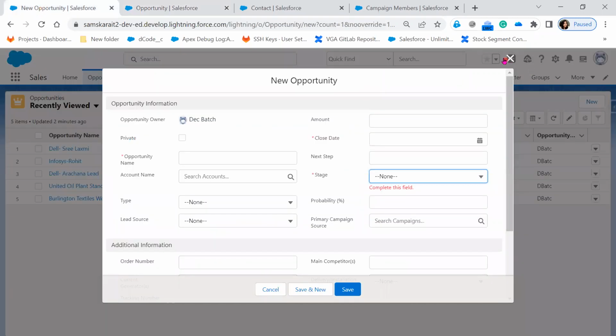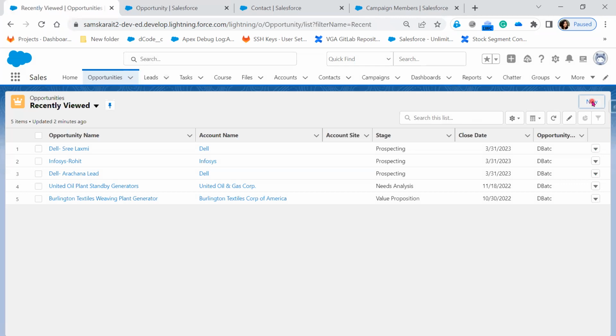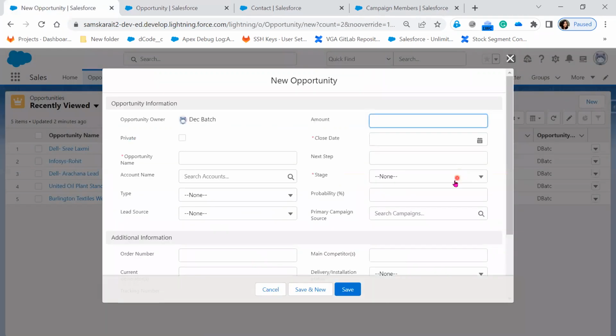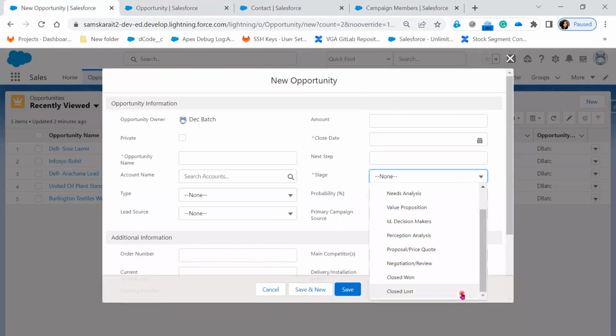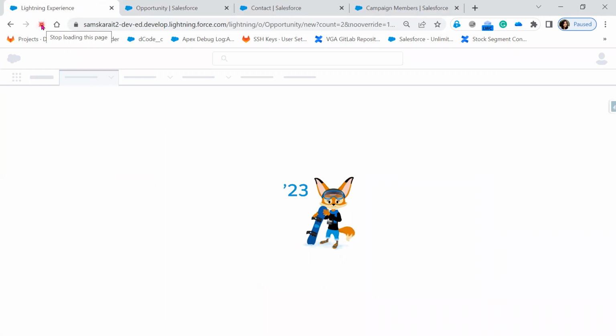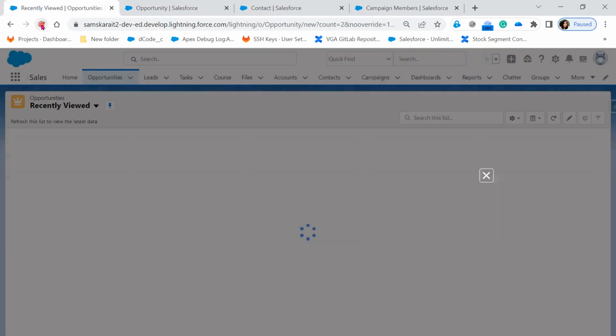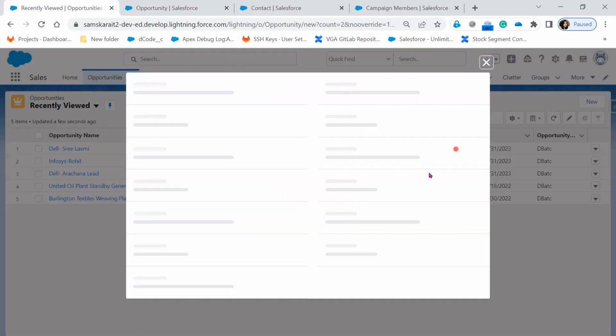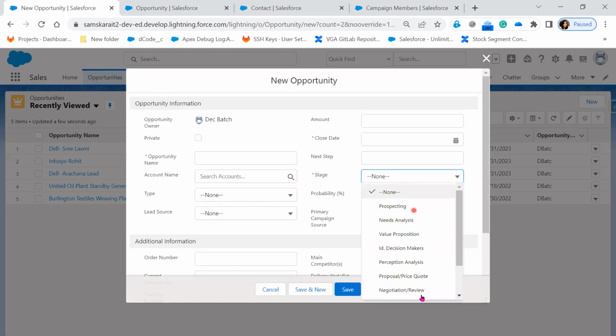Now if I click on the new button, where is the initial discussion option visible? Let's refresh. Okay. Initial discussion option is showing at the bottom,